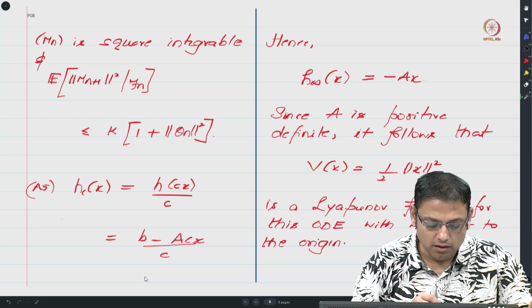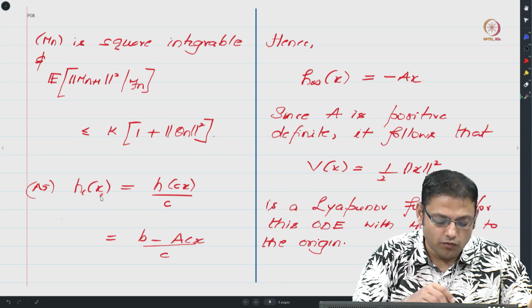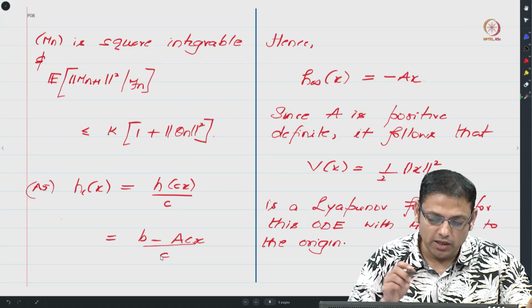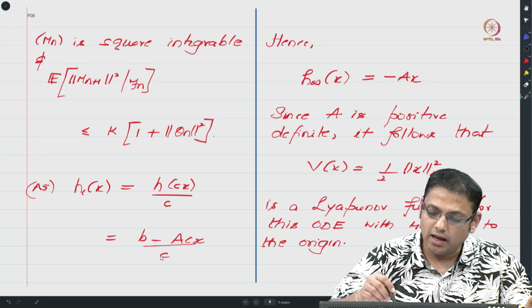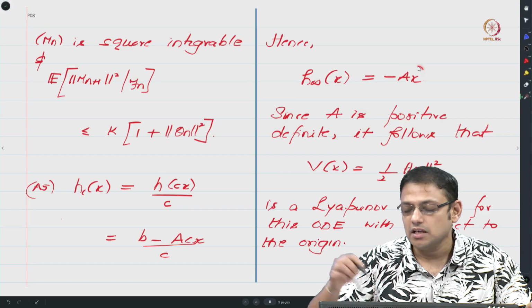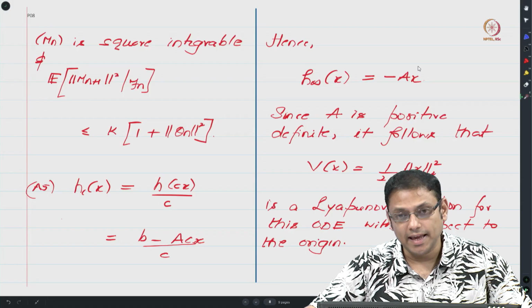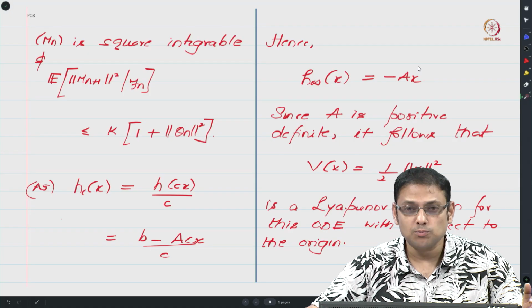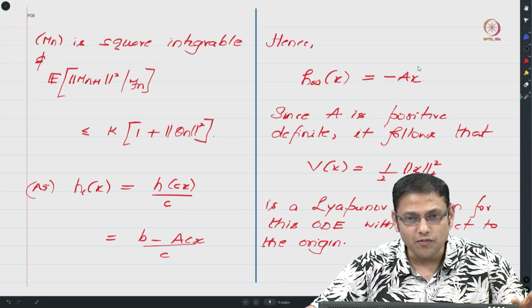So one can conclude that this h_c of x will basically be b over c minus Ax, and if you take c to infinity, one can now see that h infinity of x will indeed be minus Ax. Now we have already shown that this matrix A is positive definite. So from this fact one can